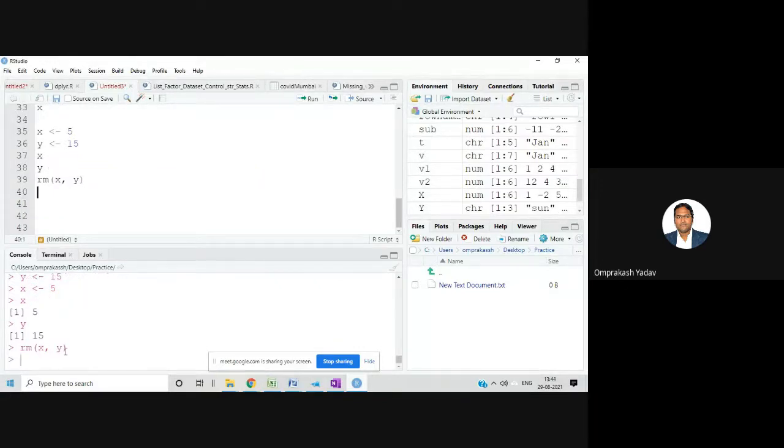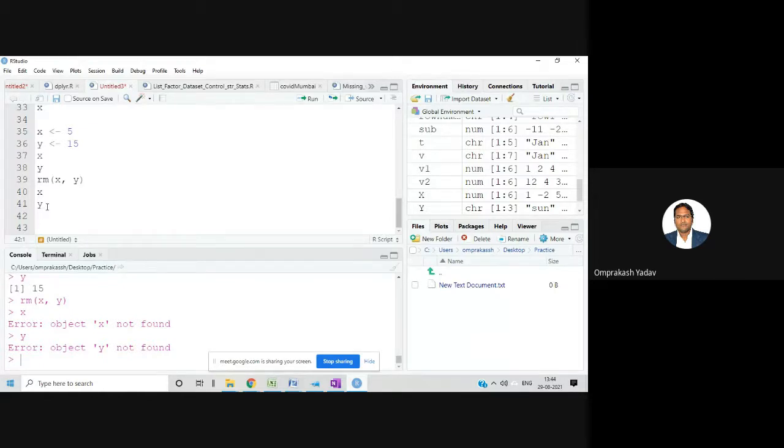So here collectively I have removed X and Y. Now if I want to see the value of X, it will say object X not found. Similarly, for Y it will say object Y not found. So both the variables are not there in this list because we have just now removed them with the help of the rm command.